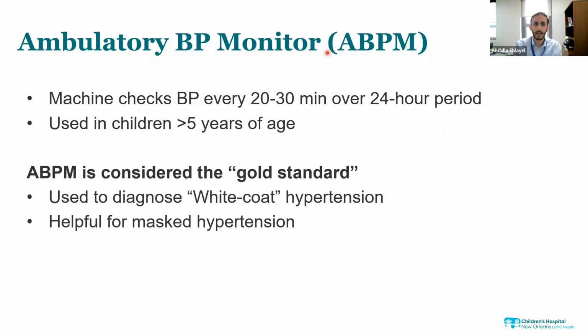The second method that we can use to diagnose hypertension is something called ambulatory blood pressure monitor. It is a device that measures the pressure every 20 minutes or half an hour. The patient wears it and goes home with it. I don't know if this is available in Palestine or not, but it's a device that has been used for almost 10 or 15 years. The patient goes with the device and it automatically checks blood pressure.